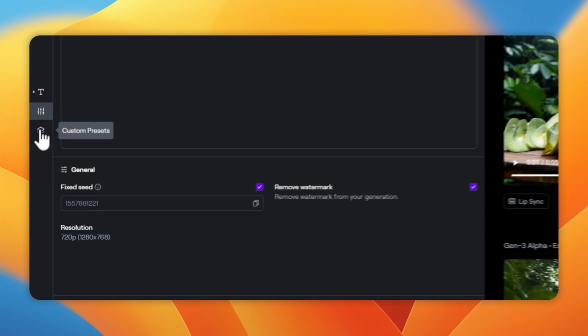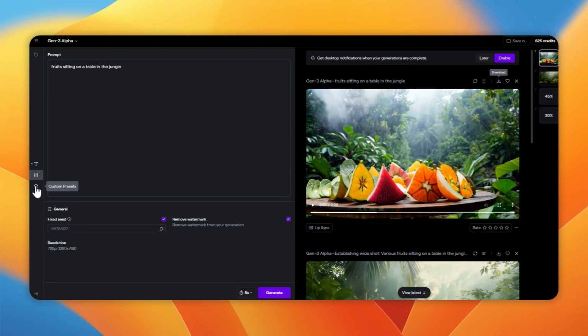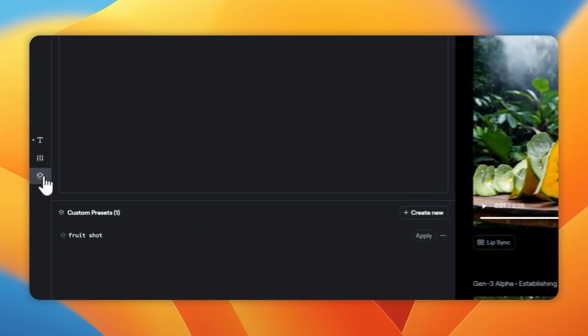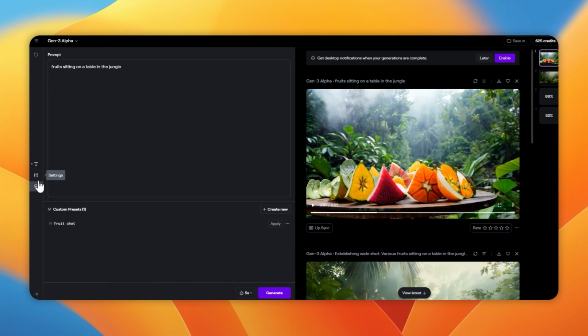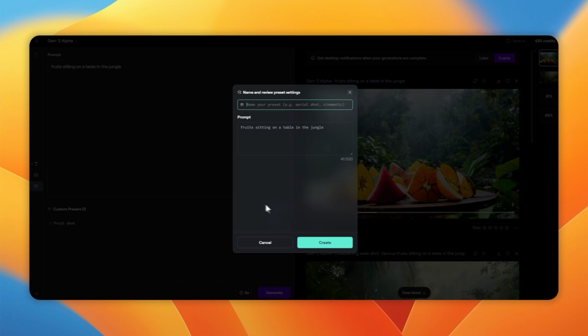Now, something that Runway didn't actually mention that I find really cool is the custom presets tab. So if we hover over here on the custom presets and we click this area right here, you can see that we have a custom presets area. Basically what this does is it just allows you to have custom prompts that are basically already set. So if you manage to find a prompt that you really like, you just want to click create new, then whatever you want to call your prompt, I could call it the fruit shot. So I'm going to type in